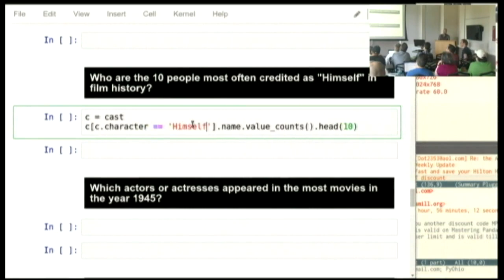Okay, only giving you one guess. Who is the most popular himself in movie history?